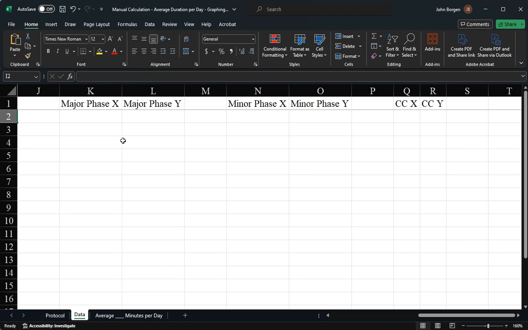Our major phases are our solid lines that separate out significantly different parts of our graph, most notably baseline from treatment. If you use a line graph in Microsoft Excel, you will be drawing these in yourself, and every time your x-axis changes, your lines stay the same, and it becomes incredibly annoying to fix over and over and over again. The way to fix this is we will have things like